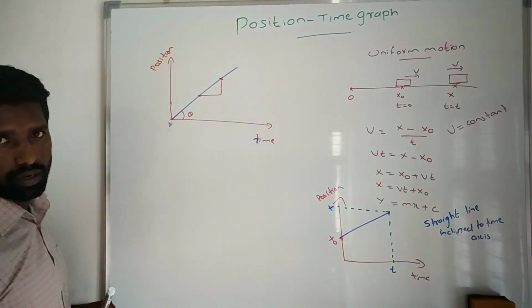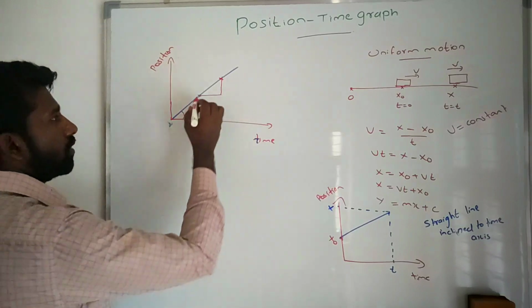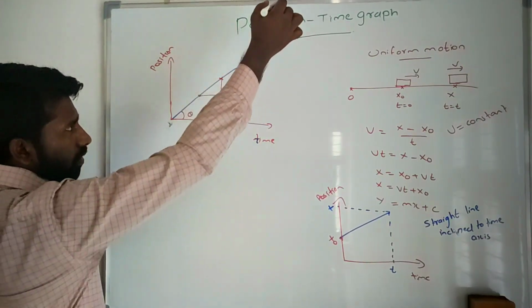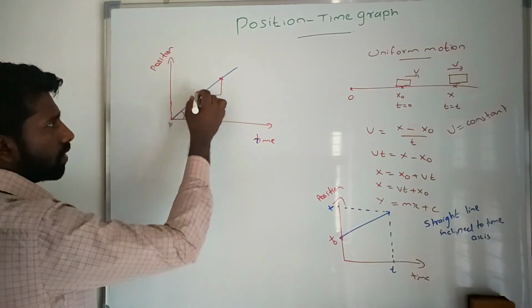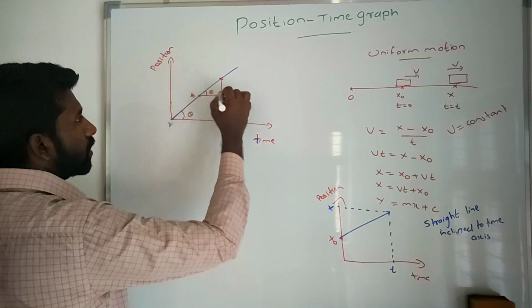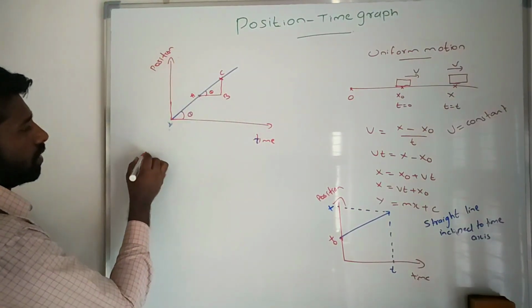These are the 2 points I am considering. In between these, I am going to find the slope. If this is theta, what about this? This is a parallel line, cut by a line, so this angle and this angle are the same. This is also theta. I am naming the triangle ABC. For this triangle ABC,